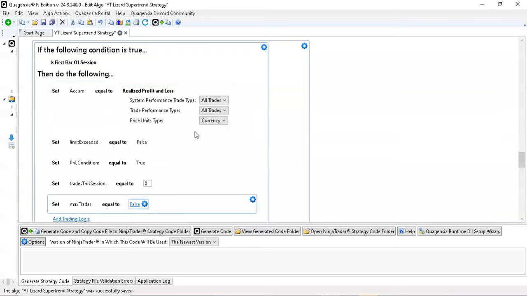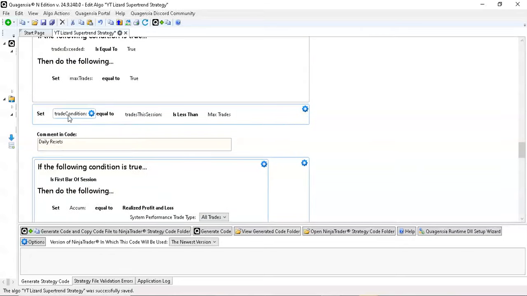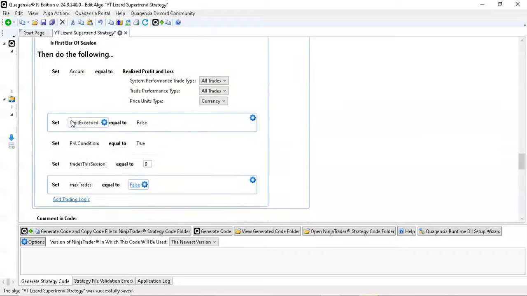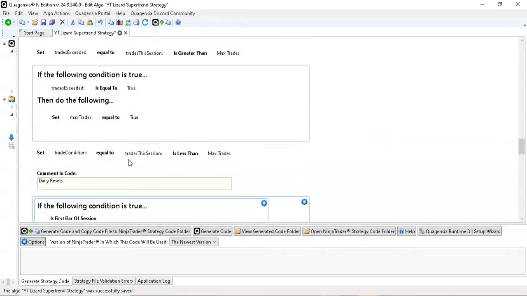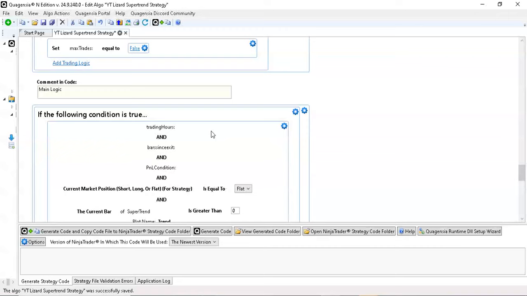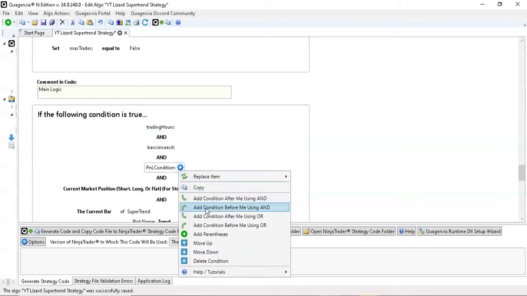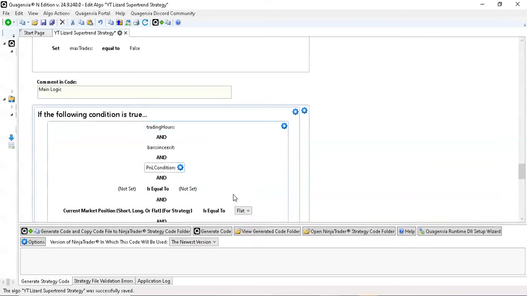All right, so what I'm going to do now is implement the logic in the entry conditions so we can make sure that it trades. That was part of the reason why I set this boolean, so the trading logic can know, okay, it's less than the max trades. All right, so we're good to go. So the only thing I have to do is add this here. Let me go right here. After.